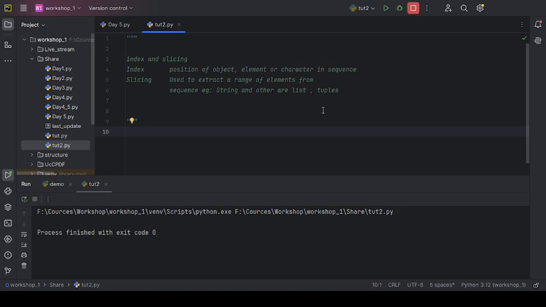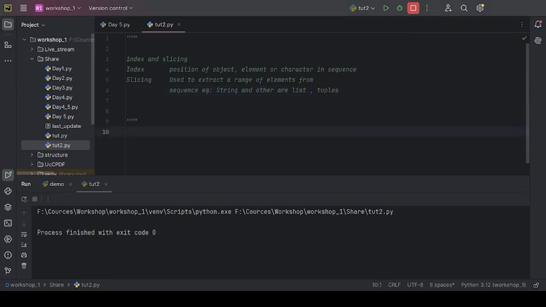I have also mentioned character because strings have alphanumeric characters. And string is one example of a sequence data type or data structure. Others are list and tuples, which we are going to learn in upcoming lectures.